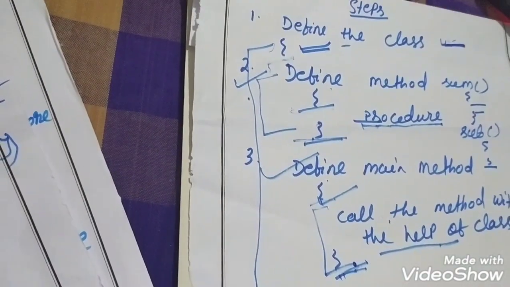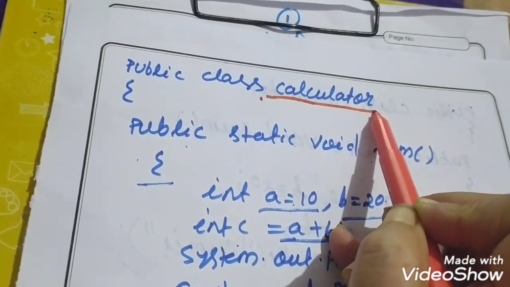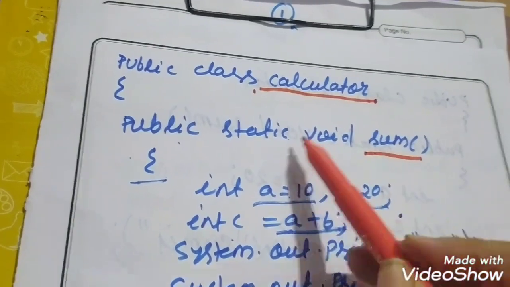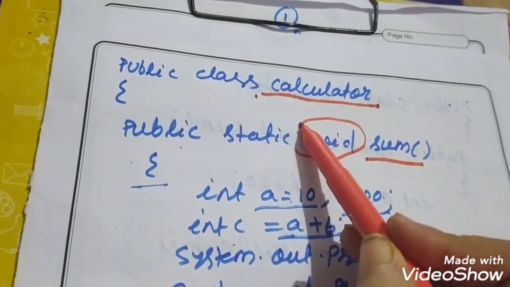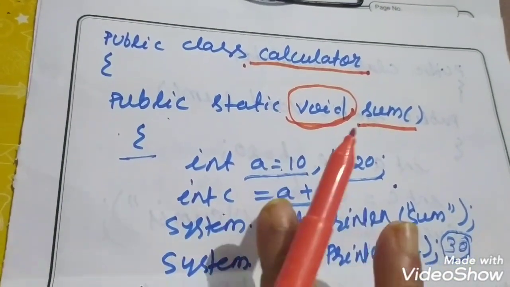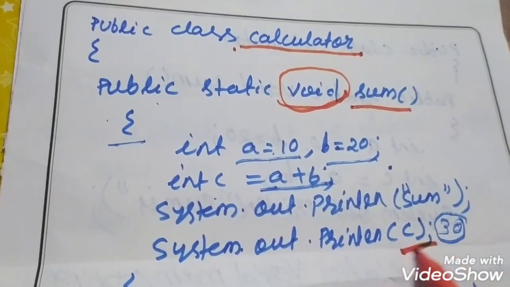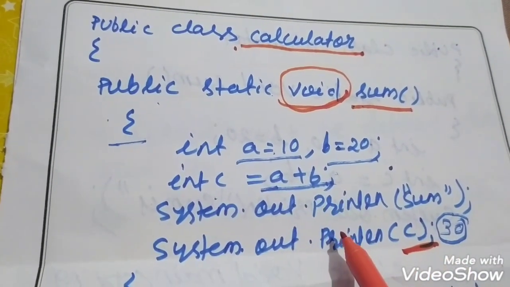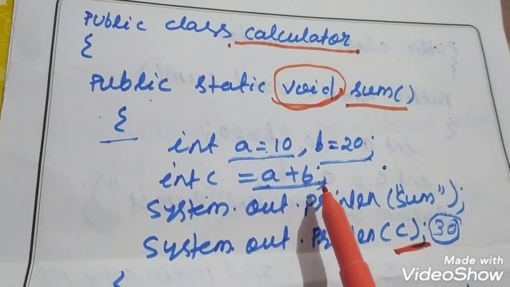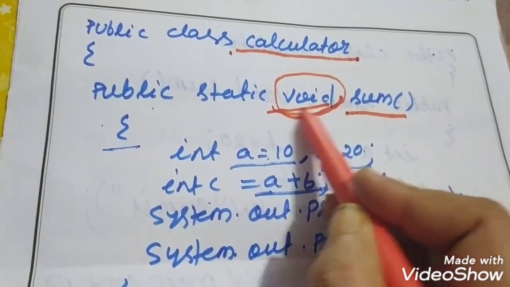Okay, I think all of you understood. Again you see here the class name I defined is Calculator. The method name is sum. What type of method is it? It is the void method. What is the meaning of void method? This method does not return anything and the result is displayed here. So this method displays the result in the method itself. It does not return any value or result to anybody. So that's why it is known as void.